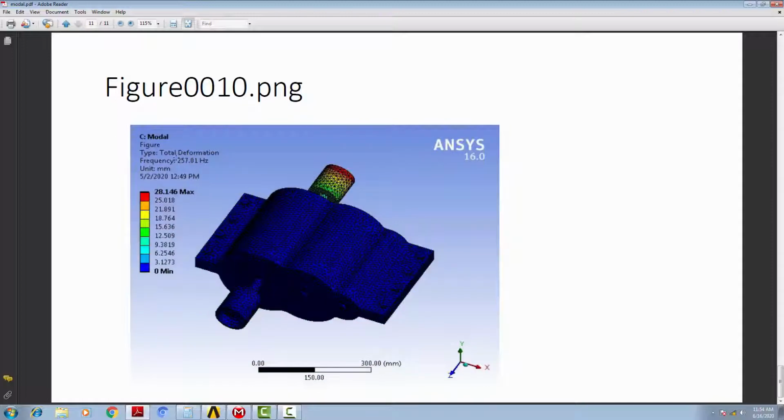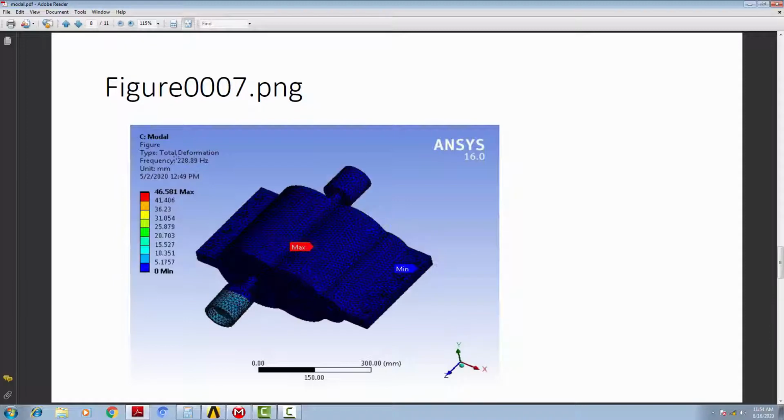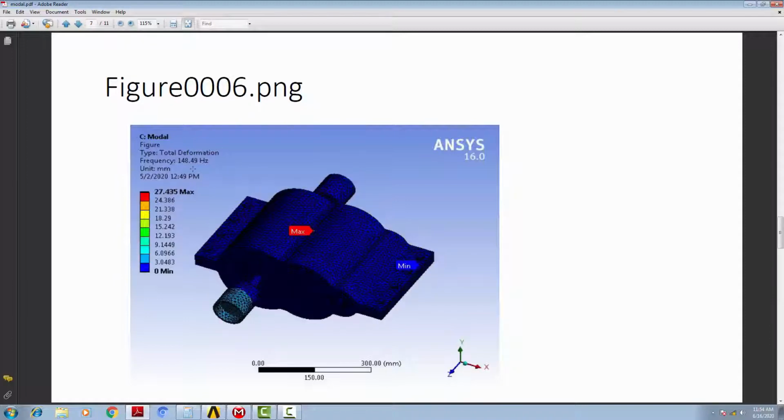So we are going to compare this natural frequency with the force frequency, and if the force frequency matches the natural frequency, then resonance will occur, and because of that resonance there will be an increase in the amplitude of vibration, which leads to failure of the system or structure.